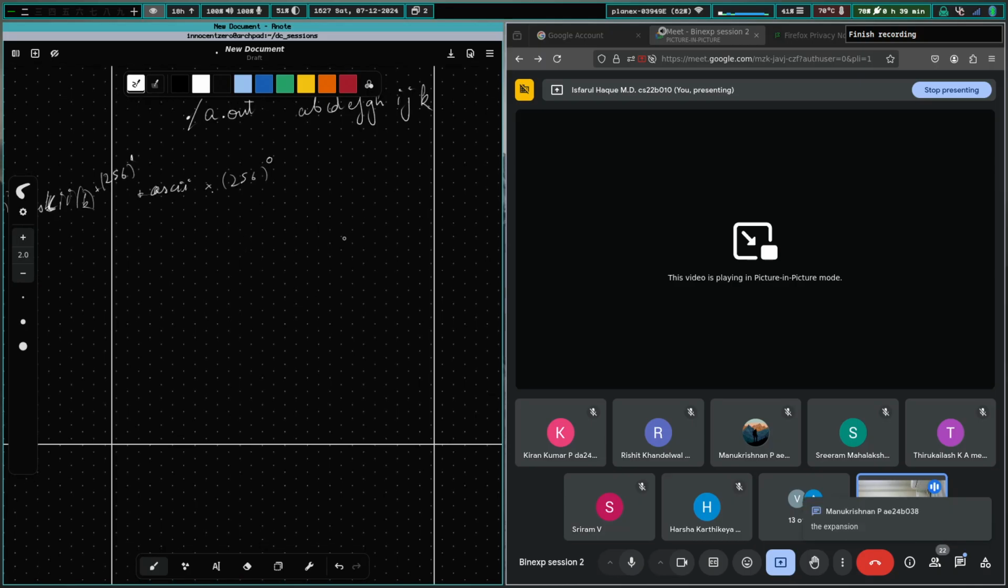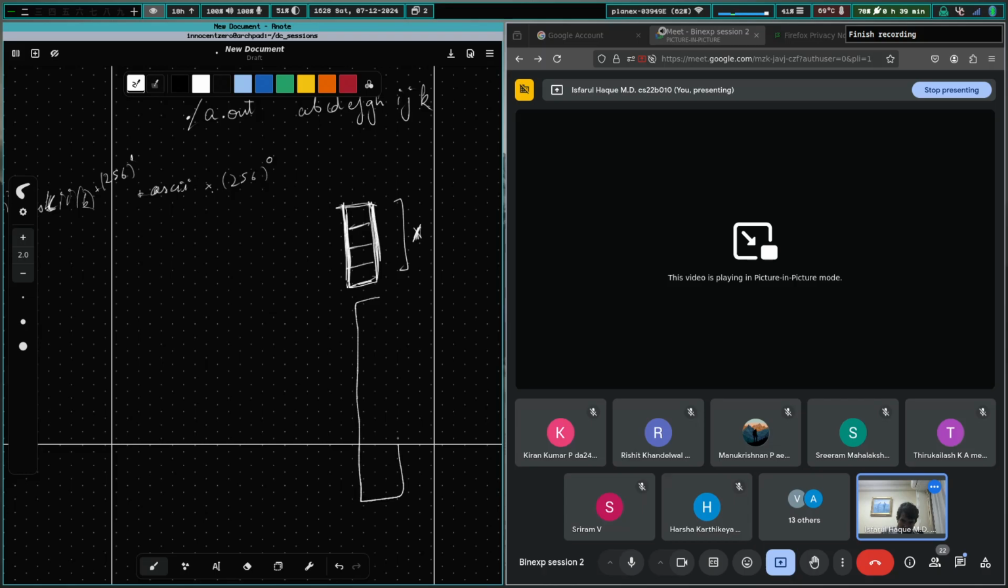So, the expansion. First of all, you understood how the copy happened, right? So, these are like 4 bytes of I, the variable X, 8 bytes of the buffer S,